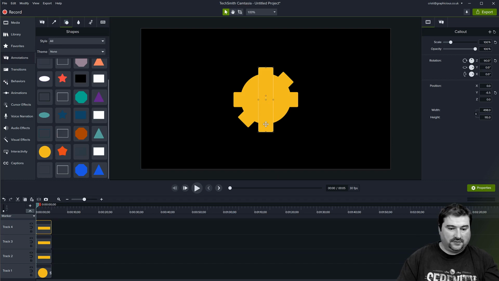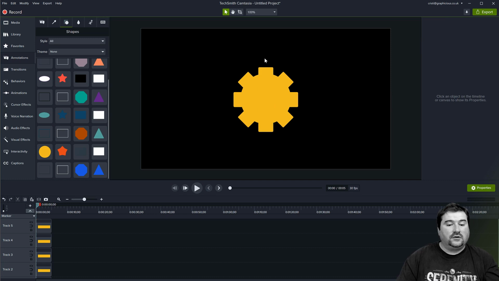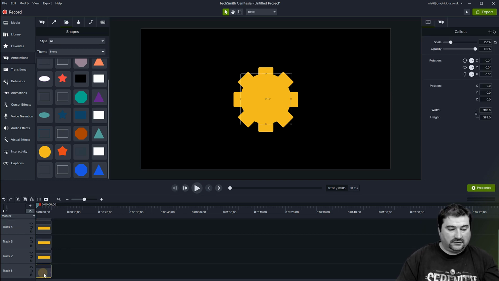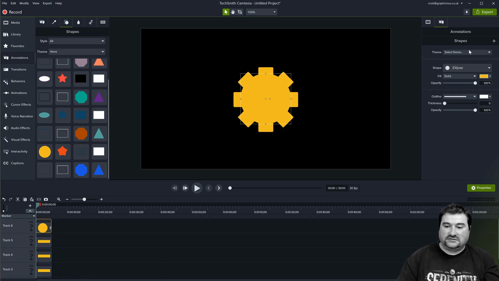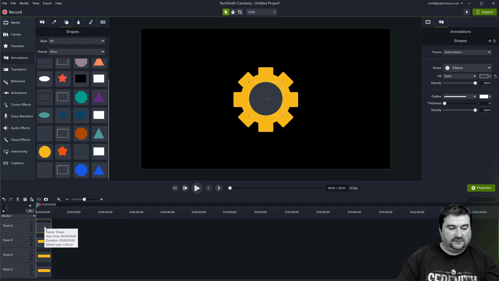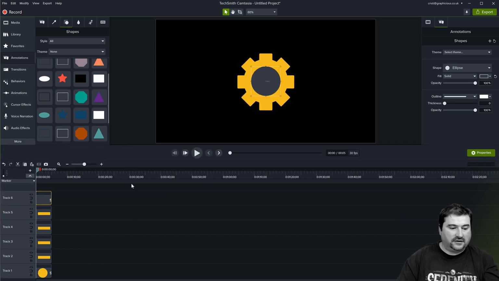And let's make another copy of this. Control C, Control V, and go to the 135. Like that, we have the gear. Now we want to put a little hole in the middle for the gear wheel, and click on the circle again. Control C, Control V, and then make it black or another color just so we can see where it is. Control Shift and resize it, make it as small as you like, and move it to the top. It needs to be on the top track there, so we'll just make it smaller.